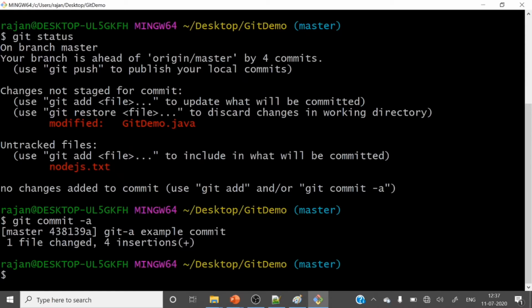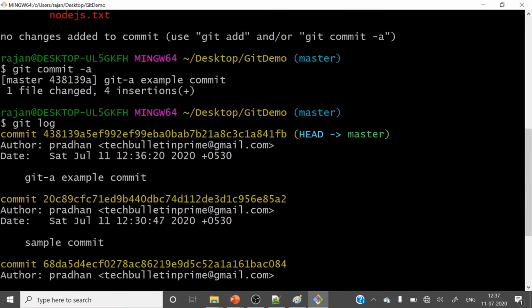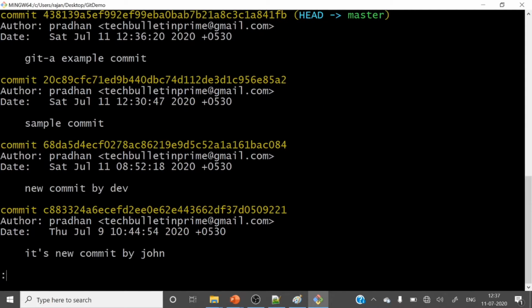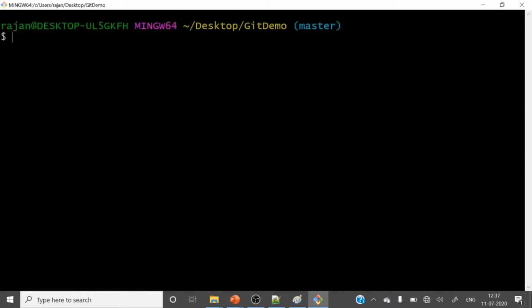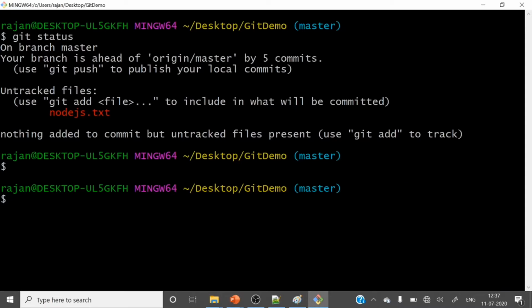So let me put git log to check that commit. You can see the git commit -a example commit, right? Let me quit this one, clear. Now if I hit git status, you can see that node.js.txt is not committed, right?